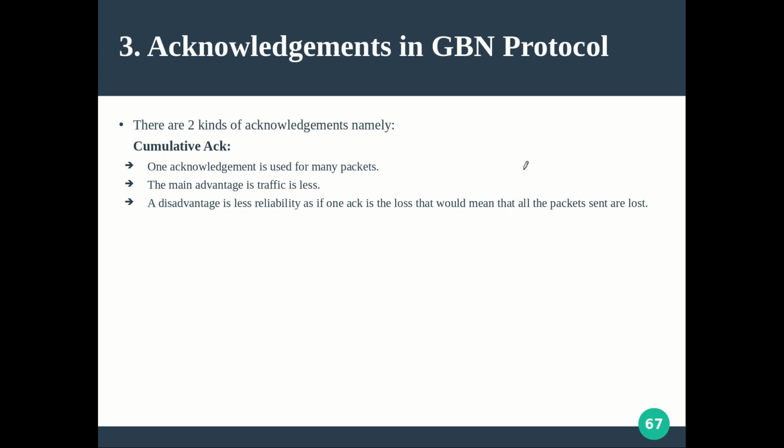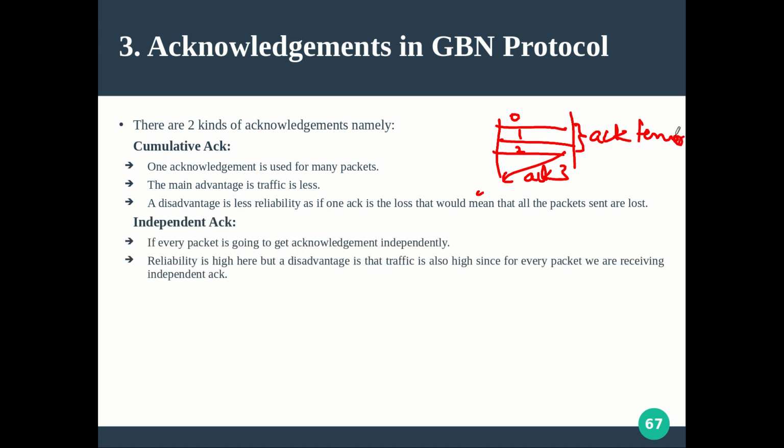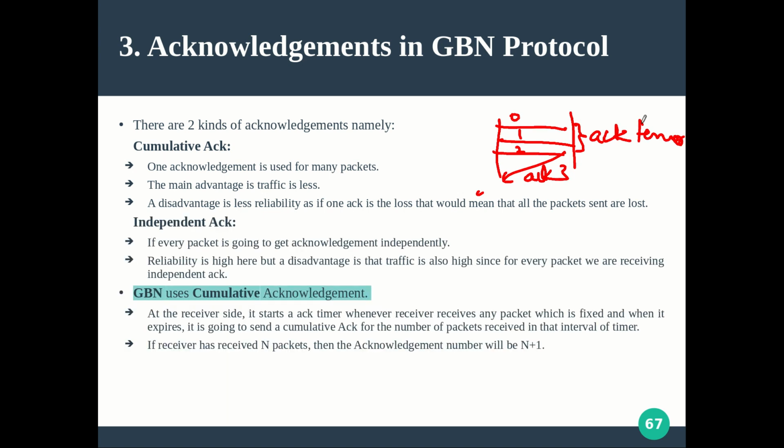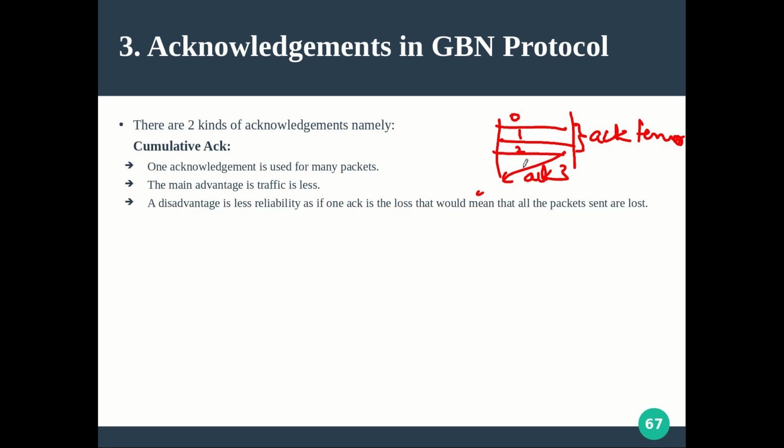So the thing is that for packet number 0, 1, 2 together, a single acknowledgement will be coming back, like say ACK 3, meaning next I am expecting 3. When it will be sending an acknowledgement, just like the timer here, you can start an acknowledgement timer with some pretty good value, and when this timer expires, you can send this particular acknowledgement for all the frames that have been received in the last few moments.